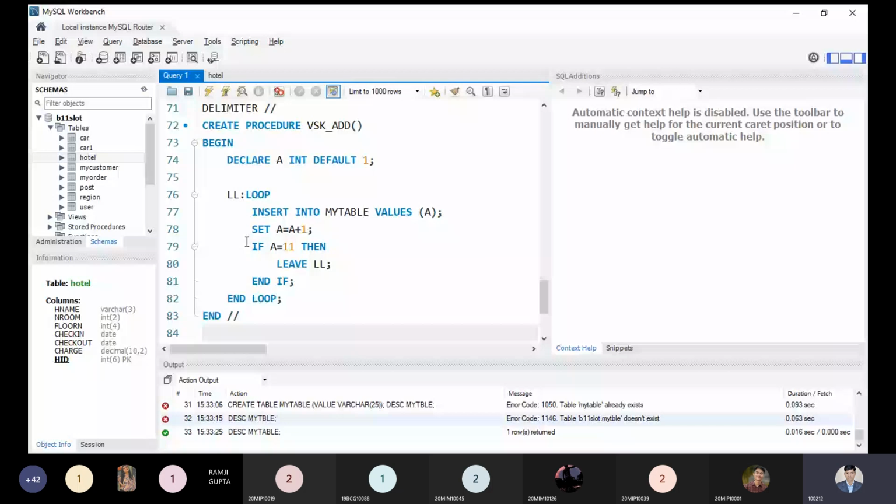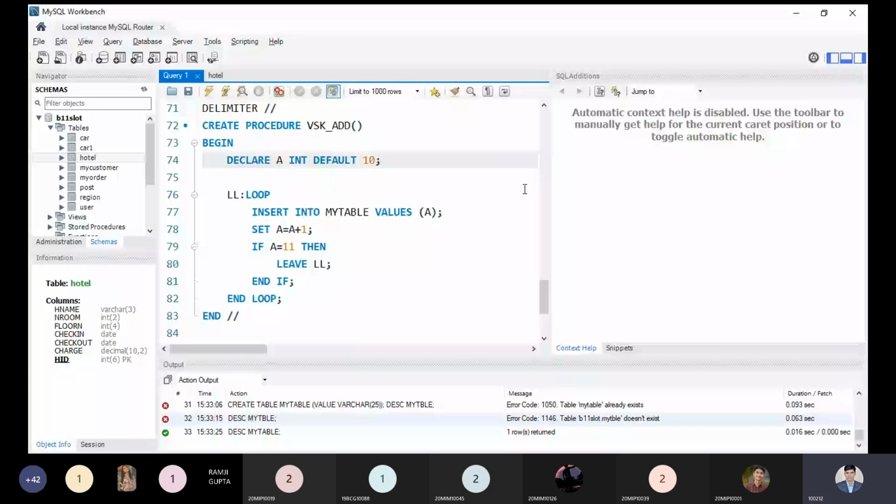By default, whatever value you want to use, you can use any value. You can initialize it by 0, or by 10, 20, whatever you want. So suppose I am initializing by 10. The default value I am giving is 10. So the first value inserted will be 10, and after inserting the first value inside the loop, set a equal to a plus 1, so that is 11. As soon as it finds 11, the loop will be terminated. So I need to increase it, 15 is enough. So let us understand what values will be inserted over here.